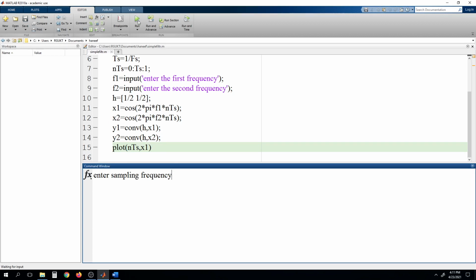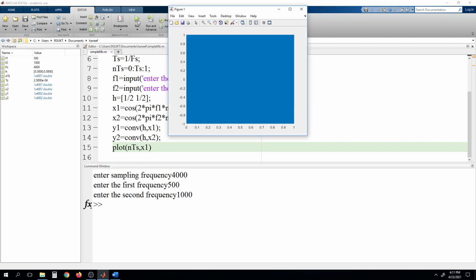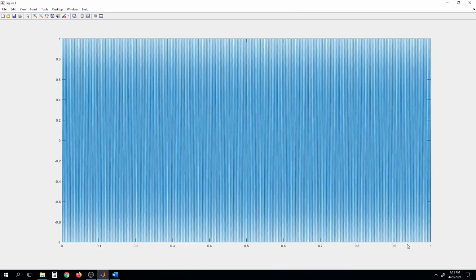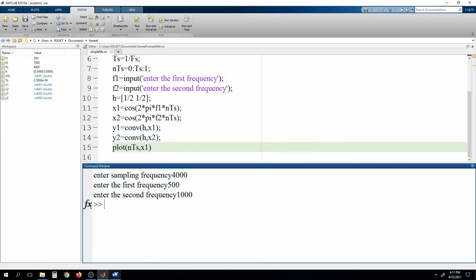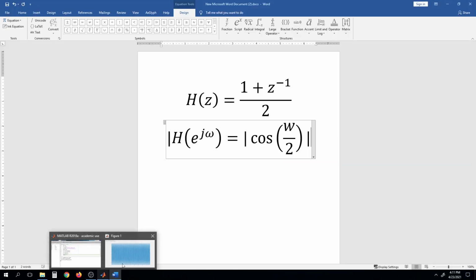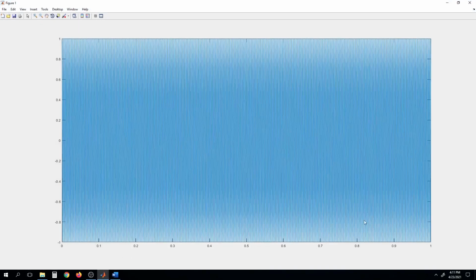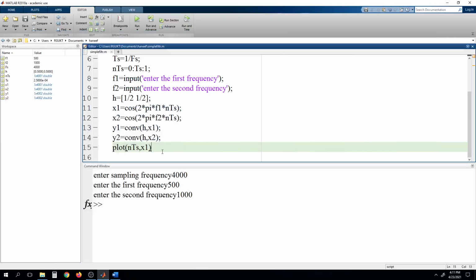For the sampling frequency, let's go with 4000, and as the sampling frequency is 4000, we are restricted to use input frequencies not more than 2000. So first I am taking 500, and another is 1000. So this will be our 500 signal frequency. Okay, so you will have a 500 Hz sine wave here, and you can see that the amplitude is 1. Okay, so as we are not interested